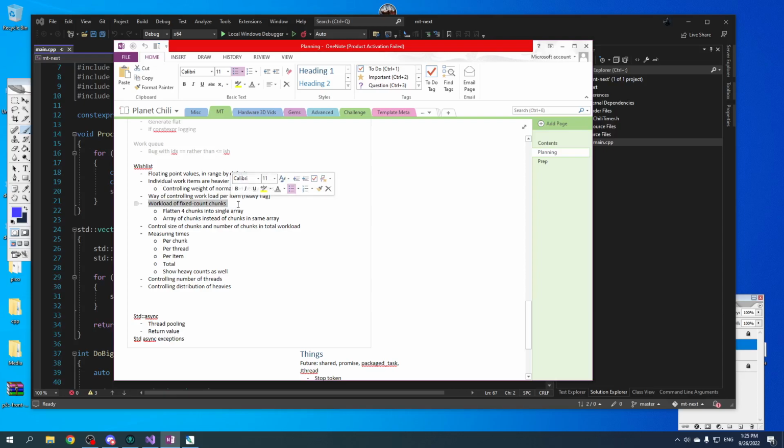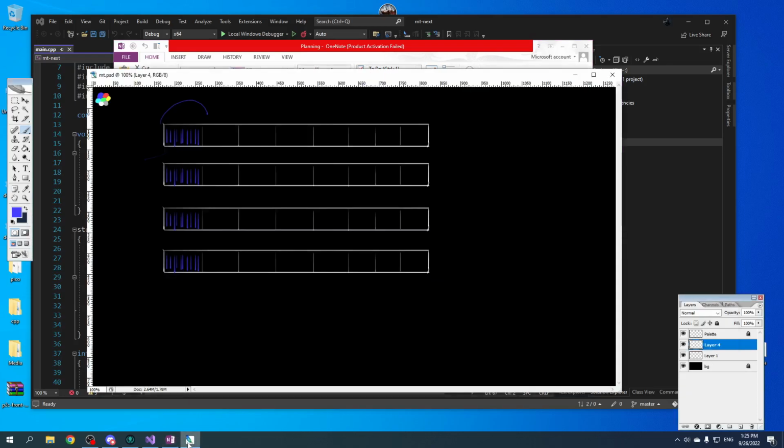I'm going to rearrange the way the workload is set up. Right now we have it set up where there's one array per thread, and that is logically broken into chunks. Then the master thread, which divvies out the work, basically calculates the span for each one of these chunks and dispatches that to each worker. So what we're going to do instead of that